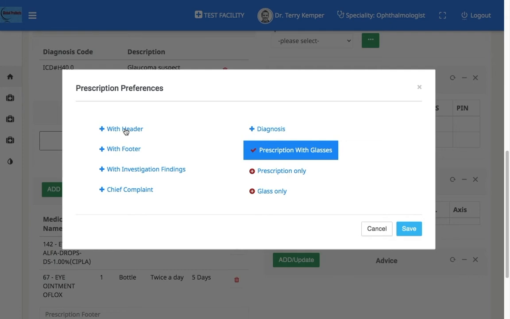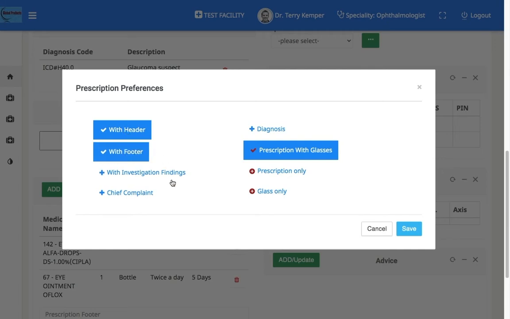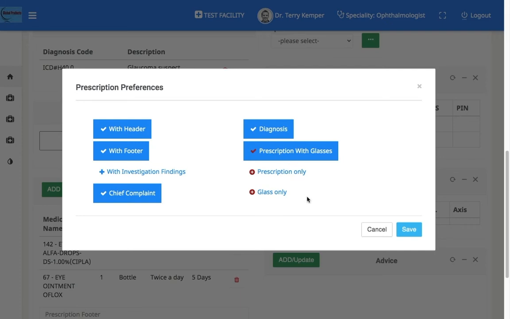Clicking on any of these options, the prescription will be printed with that particular option. The prescription will get generated and a printout can be given.